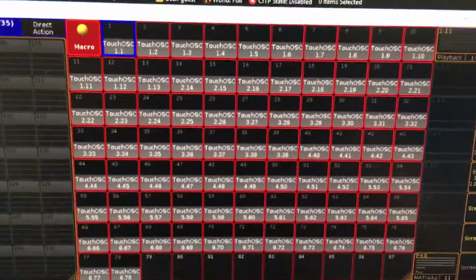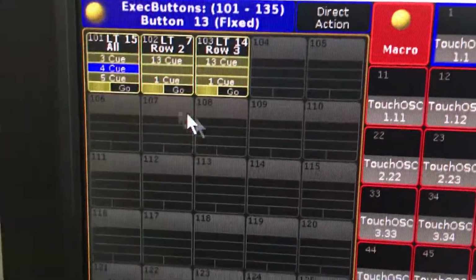So we've got macros for every single button, and then an executor,